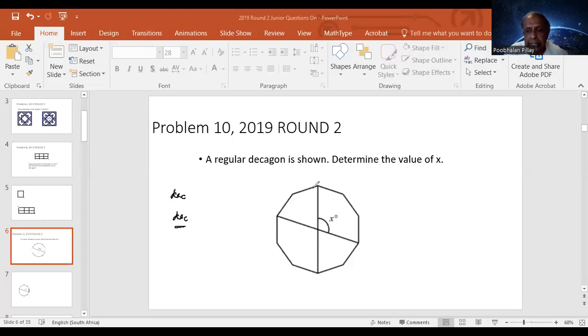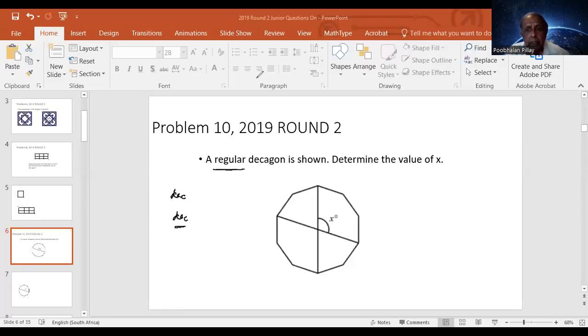But here, this is a decagon. It's got 10 sides. And if you count the sides, you see there are 10. Now the question is, what is the value of x? What is the value of this angle? Now, this is not any decagon, it's a regular decagon. A regular decagon means,